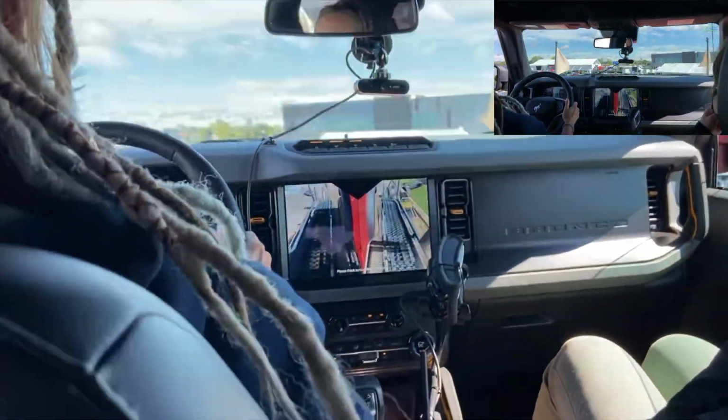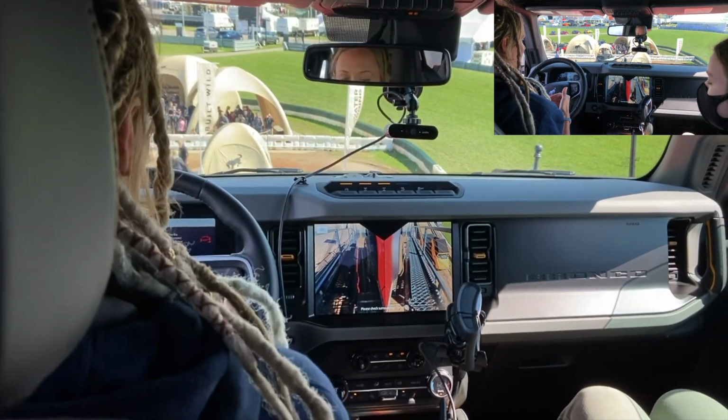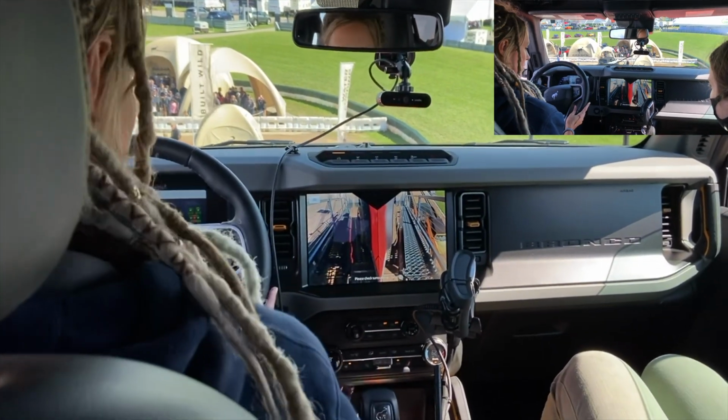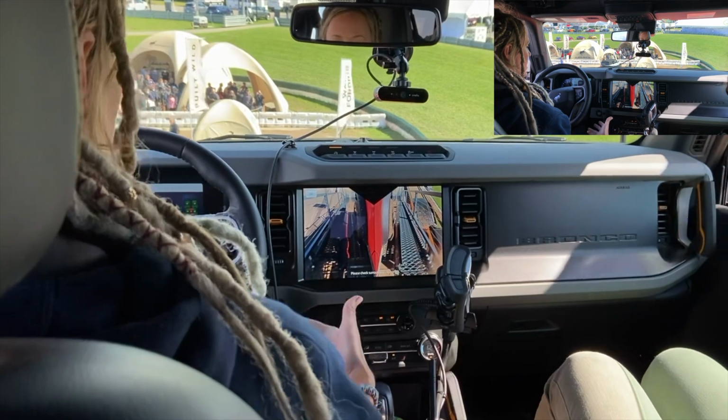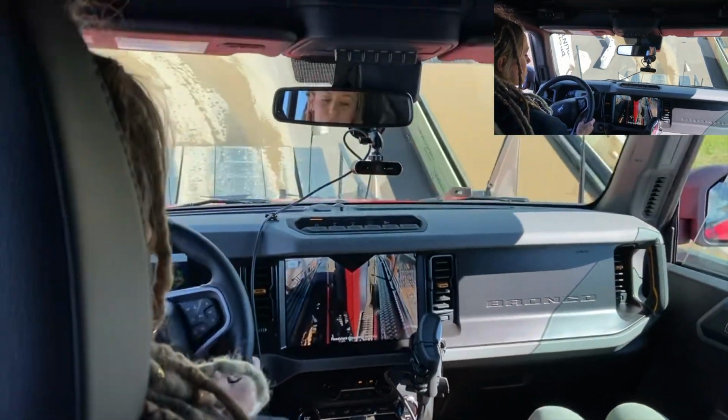Slow it down to about 1 mile per hour. And see, if I tap my foot on the brake, it's going to drop it back down. I'm turning these lockers off because I don't need them anymore. And it's going to do the braking for me on the way down without my foot on the brake or the gas as well. So it's doing